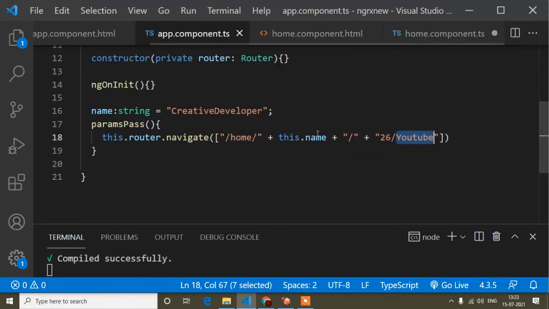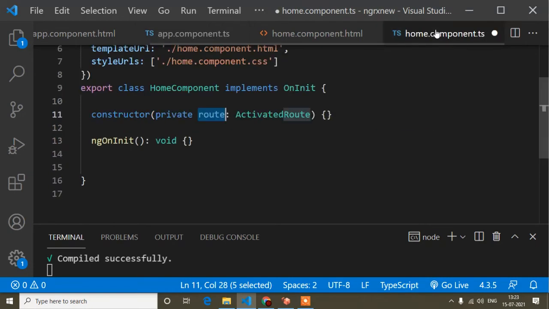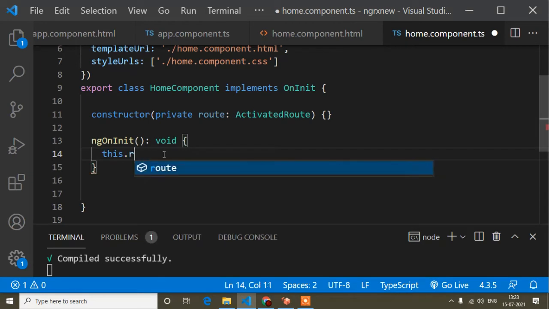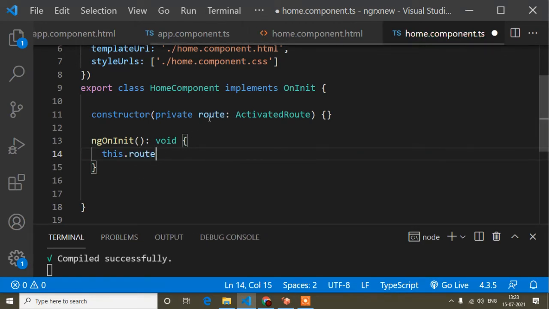You can get it in the same component also, but here I am using a different component. Now the thing I am going to write, you can write in your constructor also, but here I am writing it in ngOnInit. So the thing is this.route. Route means this one, and this route is the instance I created for this ActivatedRoute.